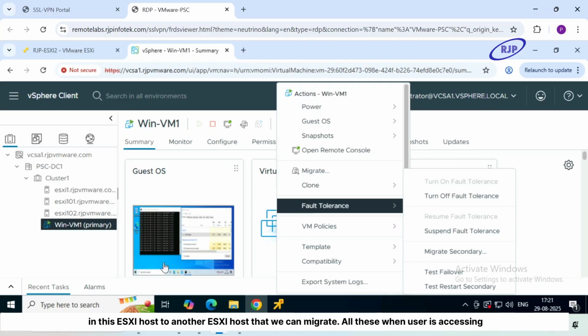All these when user is accessing this virtual machine, user cannot feel what is going on. If we turn off fault tolerance or suspend fault tolerance, then that secondary virtual machine will be off or removed, but the primary virtual machine, how user is accessing normally, it will continue to access. Okay,